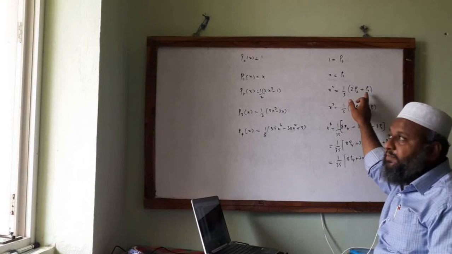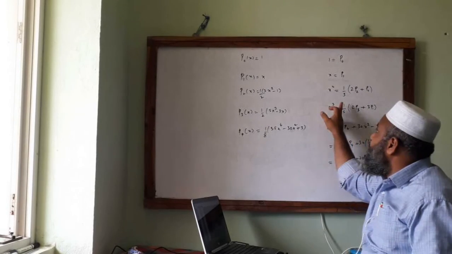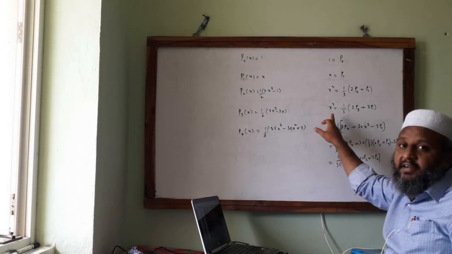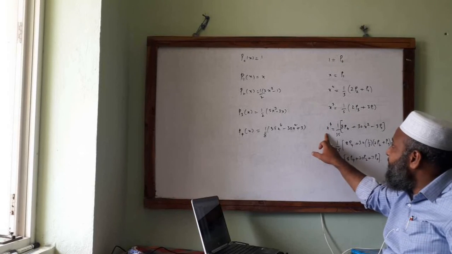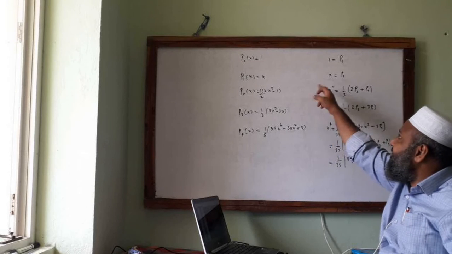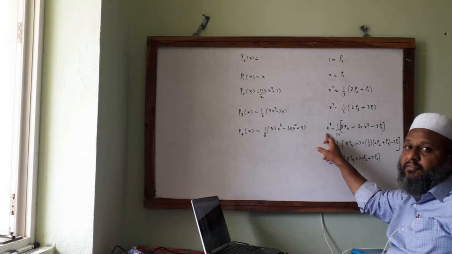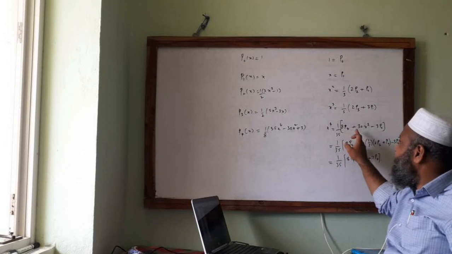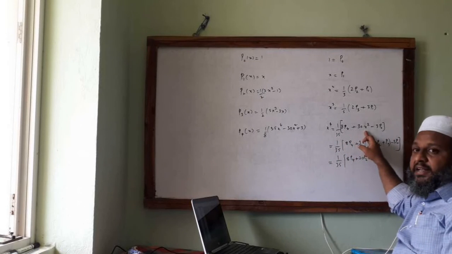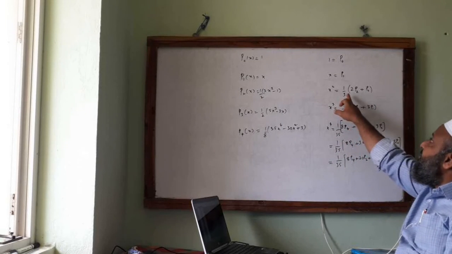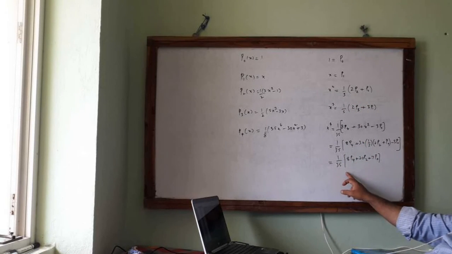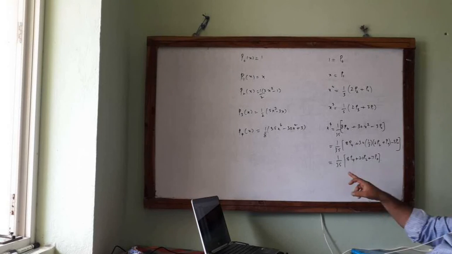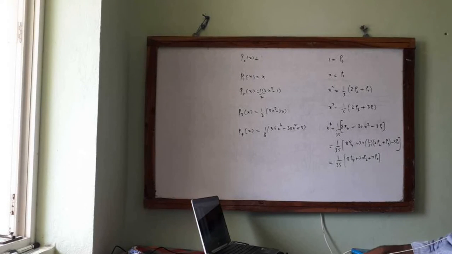Plus 1 is nothing but plus p0, and that 3 comes down. In that same way I have calculated. Okay, so x cube is this one. You need to remember this one. X to the power of 4. Okay, this is the same way I have done it. X to the power of 4 is basically just from this step this will come, whereas x square can again be written in terms of Legendre polynomials, and on simplification we get this one. Okay, so if you take a screenshot, then I will rub this one and we'll continue the problem.